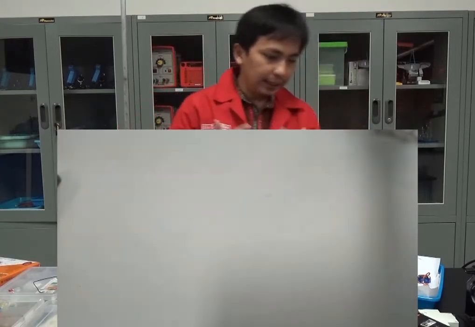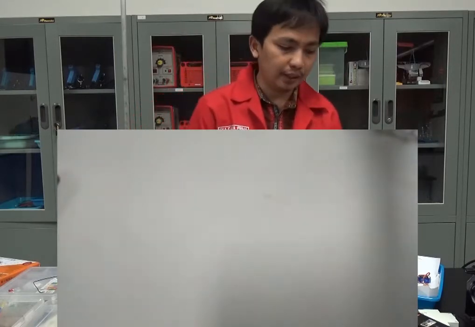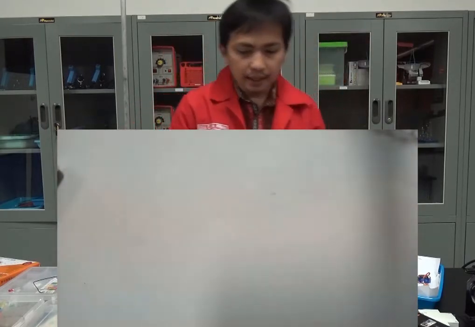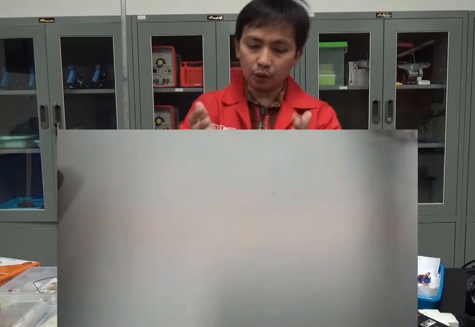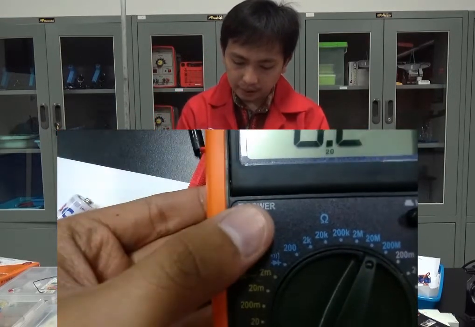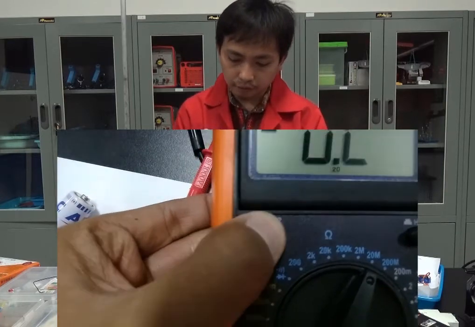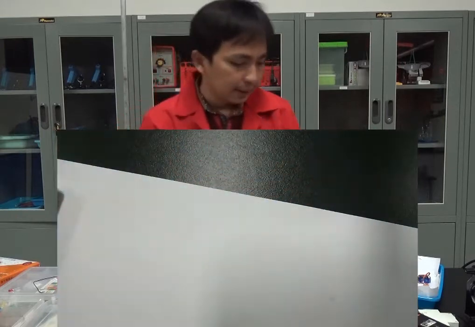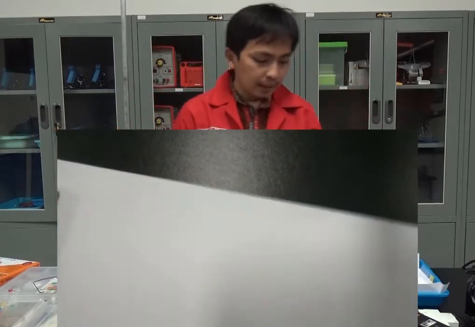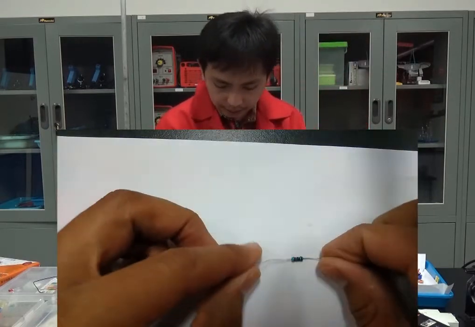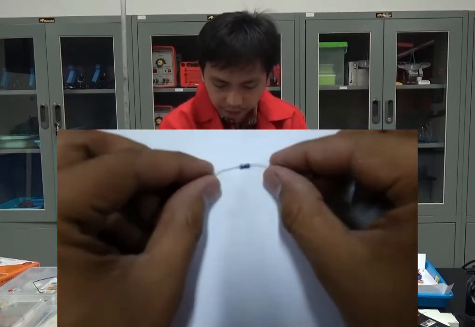Okay, another thing in our presentation today, we would like to introduce you to the parts of electrical equipment. Now we have learned how to use the multimeter. In the end, after you have used this multimeter, don't forget to turn it off using the power, so it will save the battery as well. Okay, continue. Here is a resistor. Yeah, we know this one is a resistor.